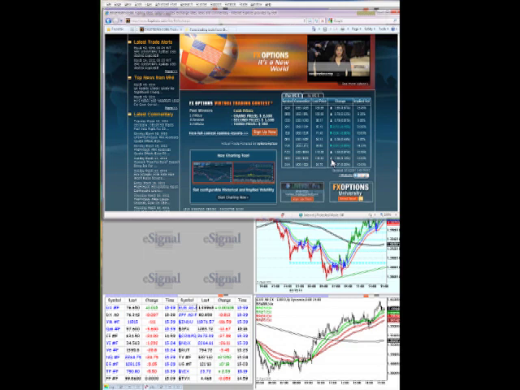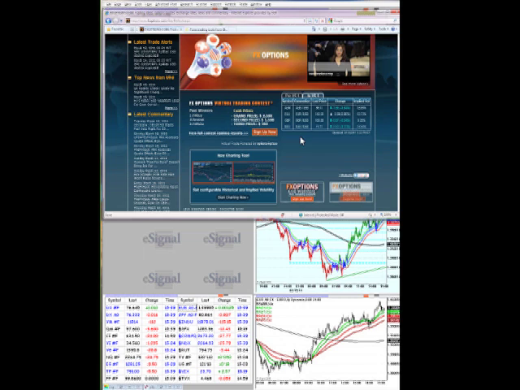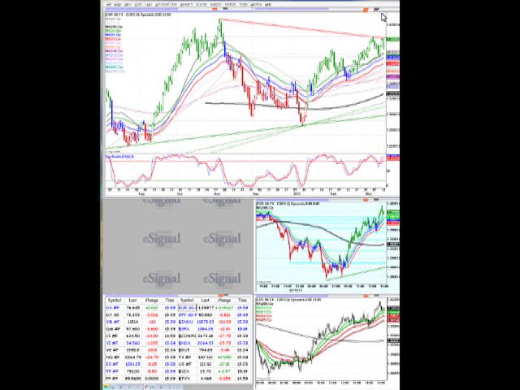So for those of you that trade the euro-US dollar, you know there are two ways to look at the euro-US dollar with FX options. You look at the EUI, where it's the dollar-euro, or you can look at what I like to look at, which is the EUU. It looks more like the chart that you're used to seeing in the Forex world, which is the euro-US dollar, where the euro would be, okay? So, here's the euro-US dollar, which we'll then transition over to the EUU.